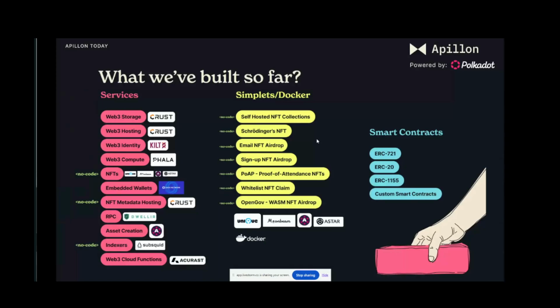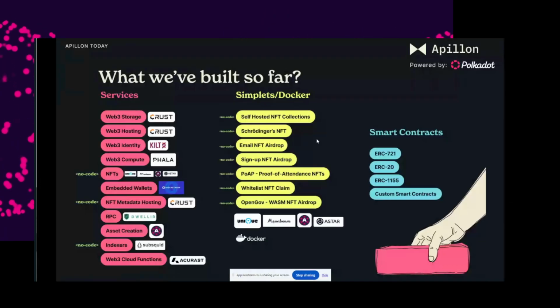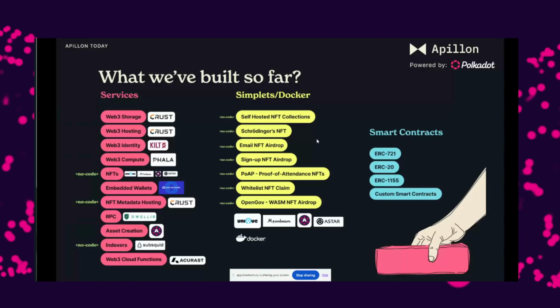In the middle, we can see Simplets/Docker. Here we are talking about abstraction above abstraction, right? How we're thinking in this case is, there are Web2 agencies who every now and then get a knock from a client asking, can you do something with NFTs? We heard this is something that is happening. We would maybe like to build some sort of audience or some sort of loyalty program with that.